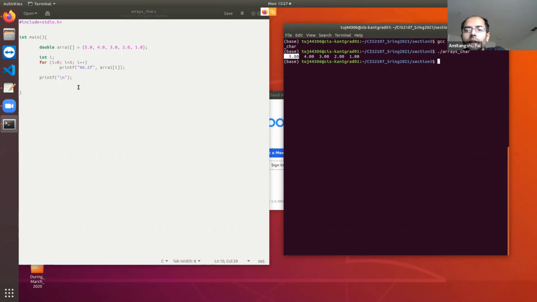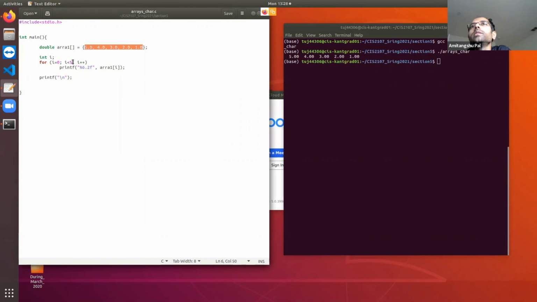Okay. Now here you can just visually identify that there are 5 elements. That's why we are easily putting 5 over here. But in general, suppose you have several hundreds, 500 or thousands of values inside an array. Okay, suppose you are reading an array from a file and there are several thousands of numbers. You cannot count how many numbers are there and then put that number over here. Right? That is infeasible. So there is a smart way of finding the length of the array or size of the array. Okay, there is a very smart way of finding the length. So let's see.